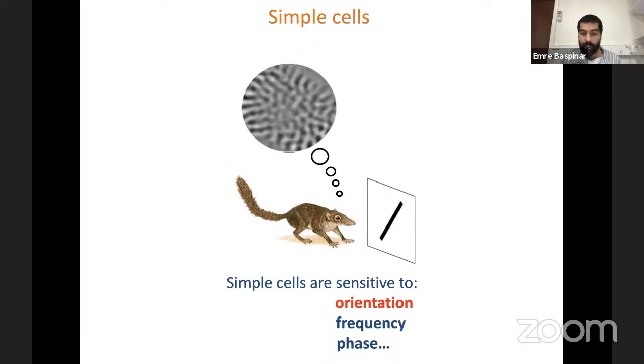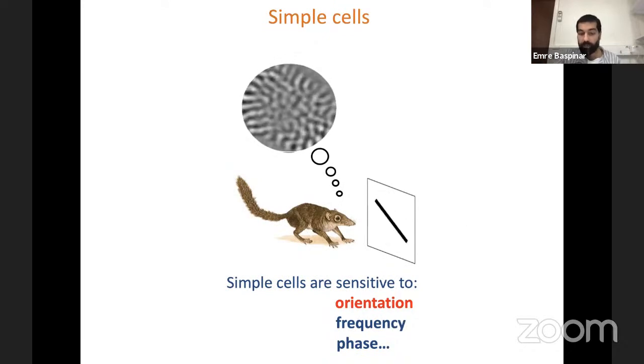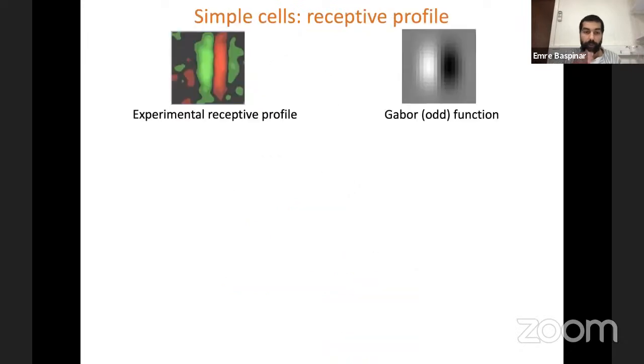So how do those cells achieve extracting the information related to those visual features? Well, by using their so-called receptive profiles. So what's a receptive profile? It's basically the impulse response function of a simple cell. Once we're exposed to some visual input, the neurons on the retinal line produce some spikes which are transmitted through specific pathways to the simple cells in the primary visual cortex. And each simple cell gives a response to those spikes. And these are what we call receptive profiles, the impulse response functions of these simple cells.